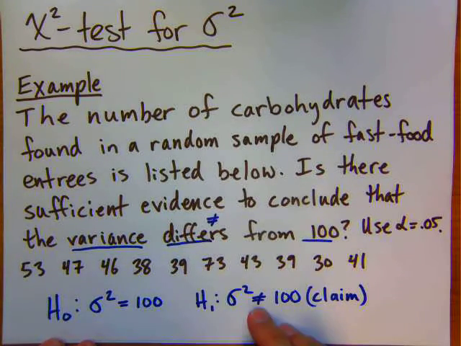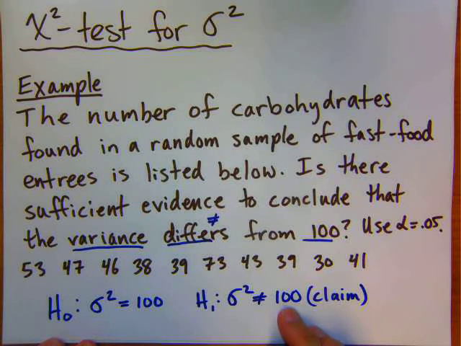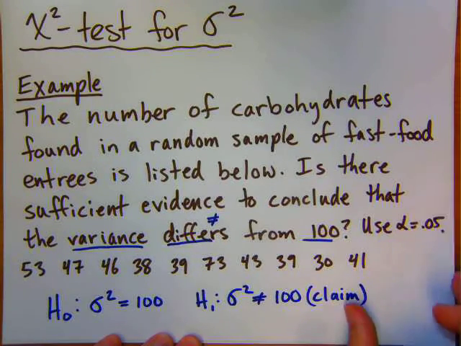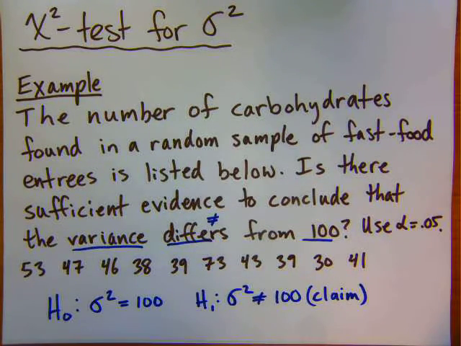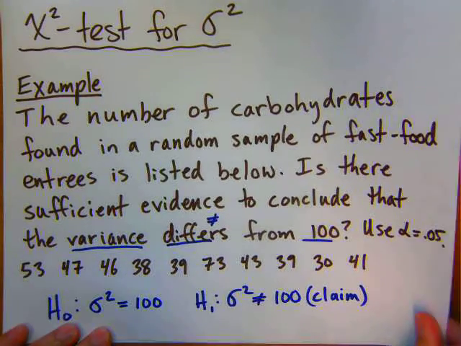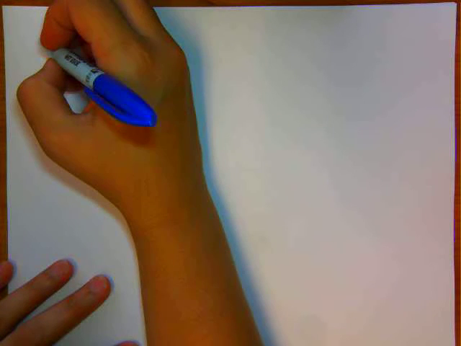So variance differs from 100. This indicates a two-tailed test using the chi-squared distribution. And there's a couple ways to do this. We're going to actually do both the critical value method and the p-value method. So let's do the critical value method first. Really, it doesn't matter necessarily which order you go in here, but I'm going to find